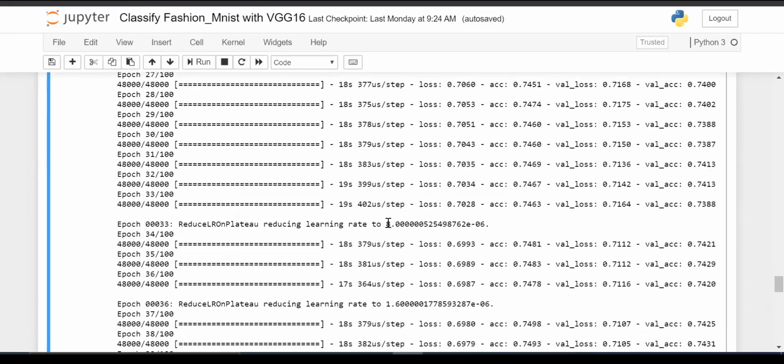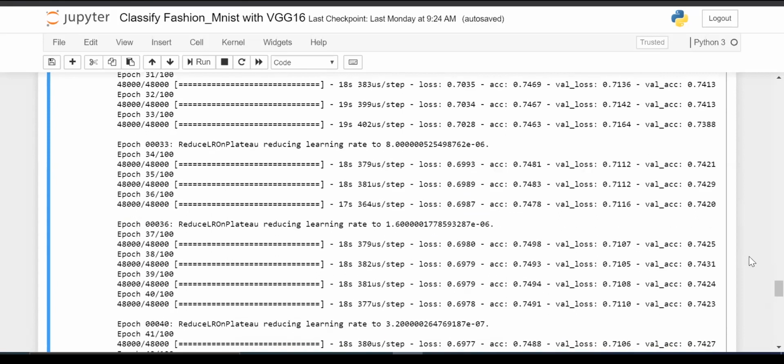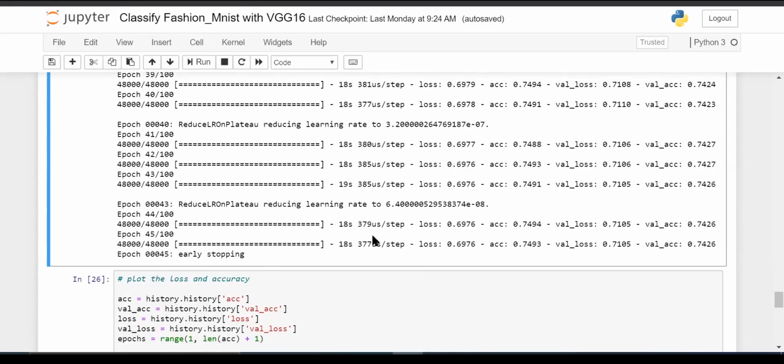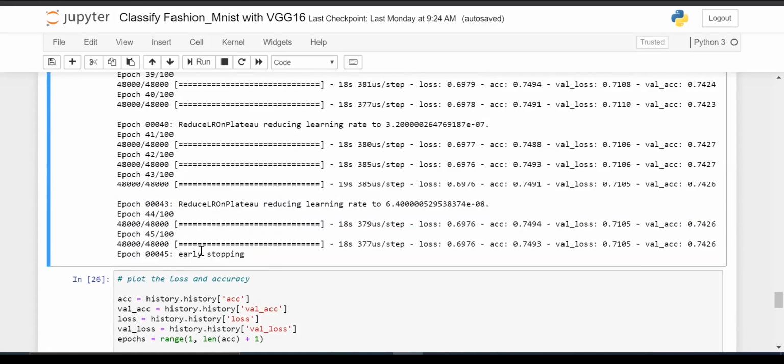Even after reducing it to smaller notches, the accuracy is just increasing in a decimal way, like 0.01%. And slowly it stops here. As you can see in the final set of epochs, you had set the model to train for 100 epochs, correct? Instead of wasting time and resources, it stopped at once to say that, okay, hey, your model is ready. You can go ahead and do your further analysis.